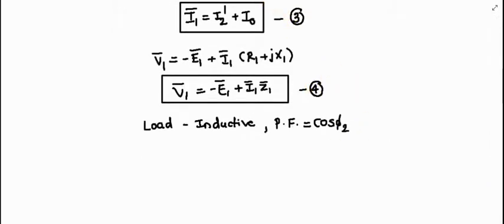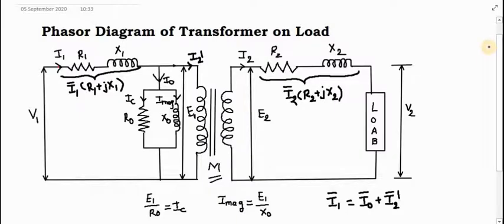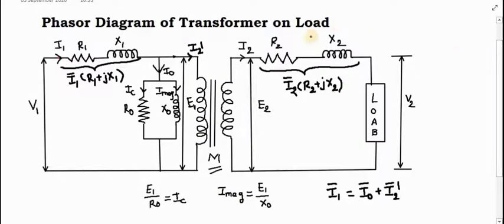While drawing the phasor diagram, just remember one thing. When I taught you the phasor diagram of the ideal transformer, what reference vector did I take? I took the reference vector V1, meaning we started from the source side. But students, for better analysis of the transformer on load, it is better to draw the phasor diagram including all the quantities of the equivalent circuit, from the load side towards the source side.